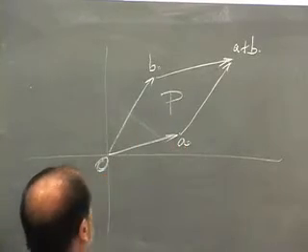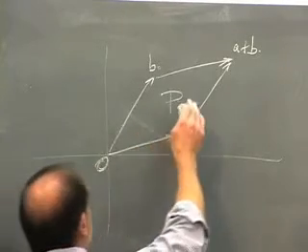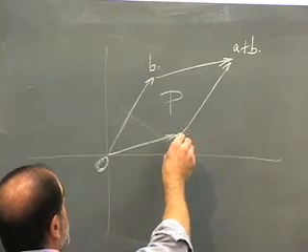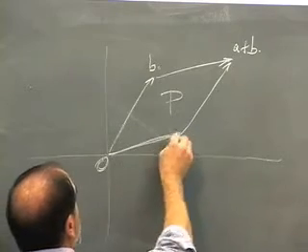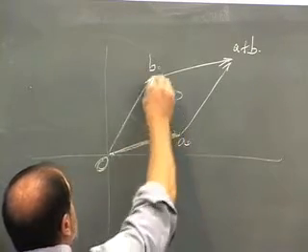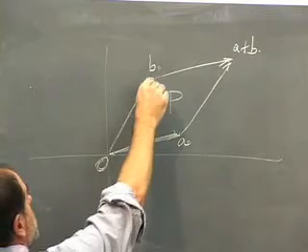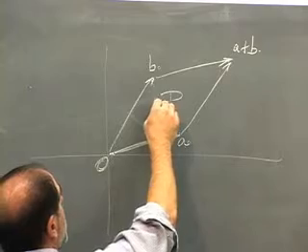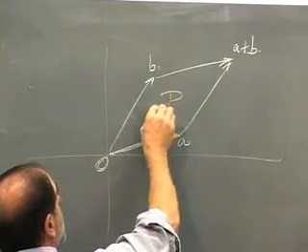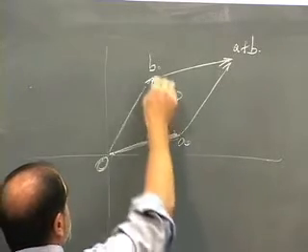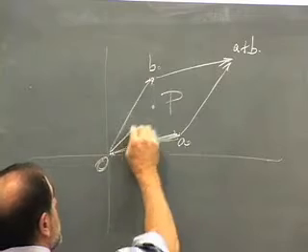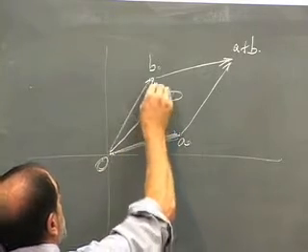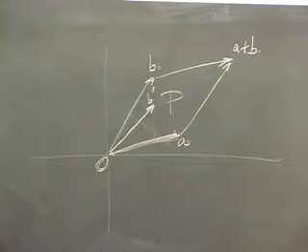Replace this parallelogram. There might be some vector inside the parallelogram that is closer to this line than the point B. Namely, there's some distance that B has from the line 0 to A. And there might be some point in the parallelogram intersect L that's closer to this line than B. So maybe there's a point here, B prime, or something of that nature, which is closer to A, to this